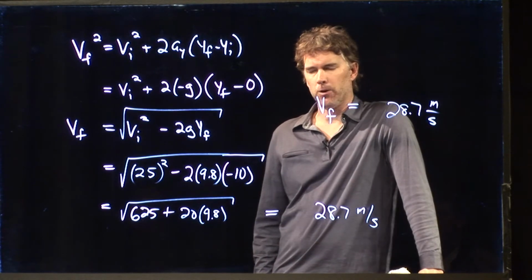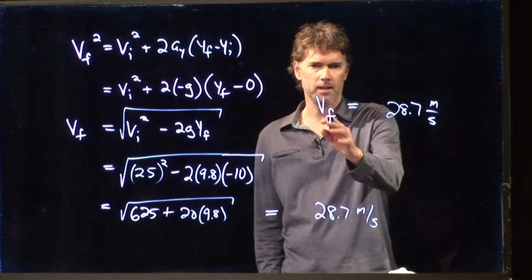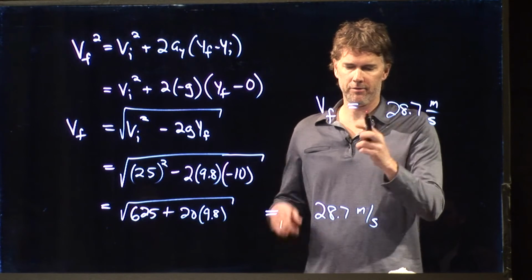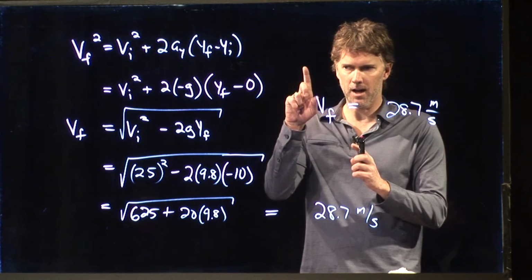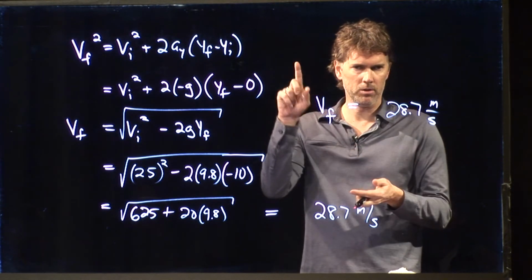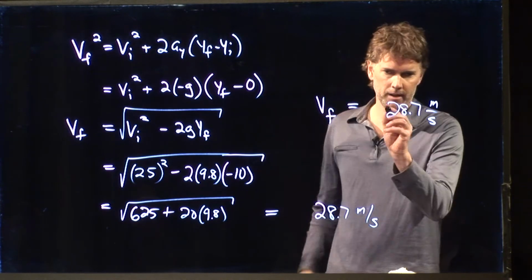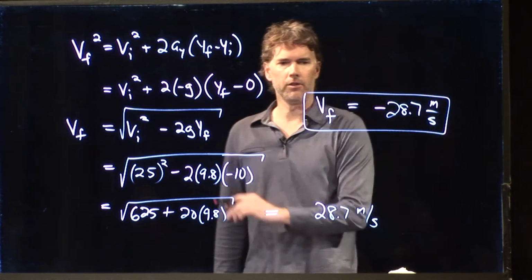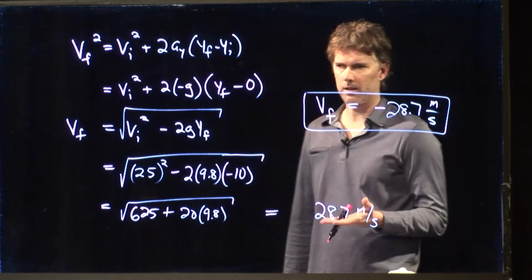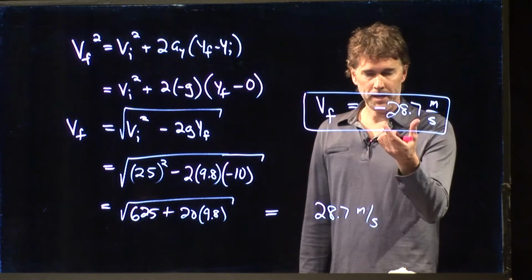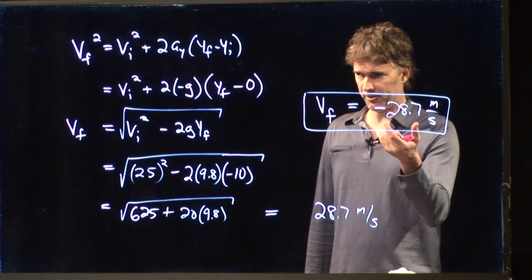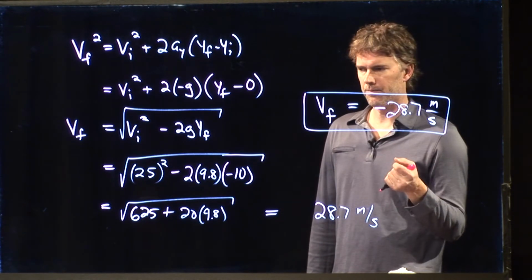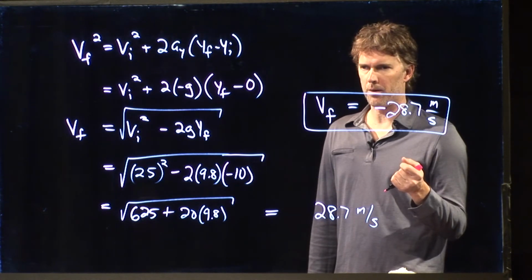It's going down. Okay. Velocity has a direction associated with it. So if positive y is up, then this thing at the bottom of the hole is clearly going down, and so we need a negative sign right there. Okay, so this is the final velocity of the rock at the bottom of the hole. The speed is a little bit bigger than 25 meters per second, like we guessed, and it's not that much bigger, so it seems to be in the right ballpark.